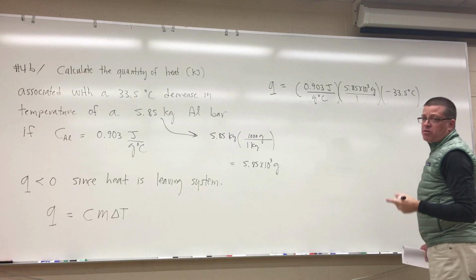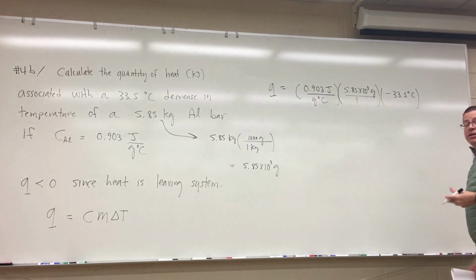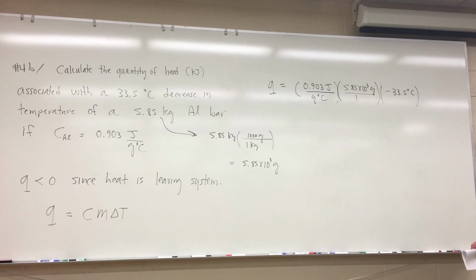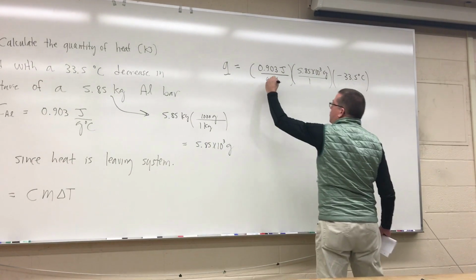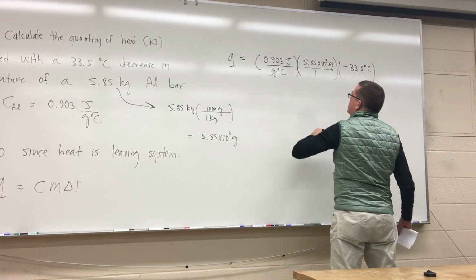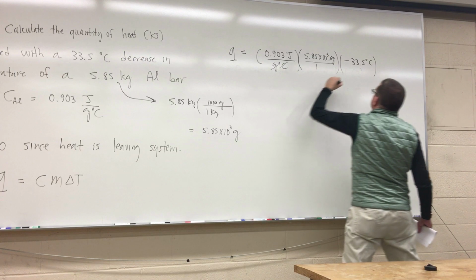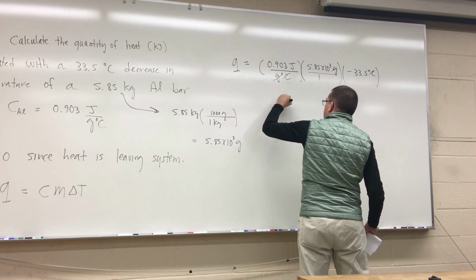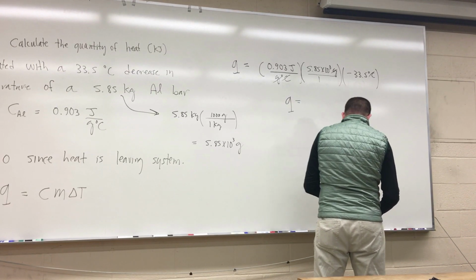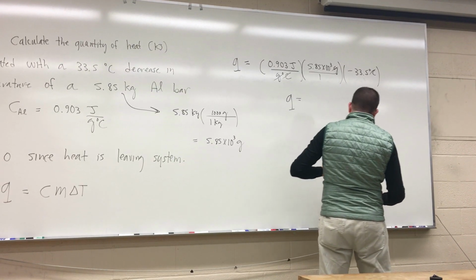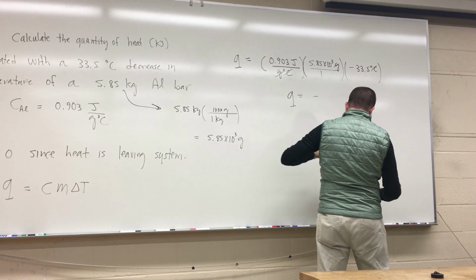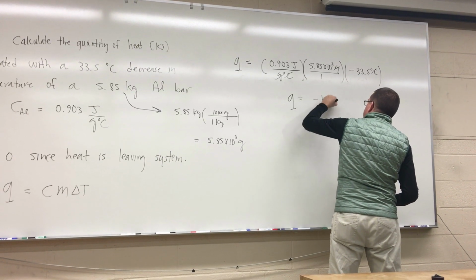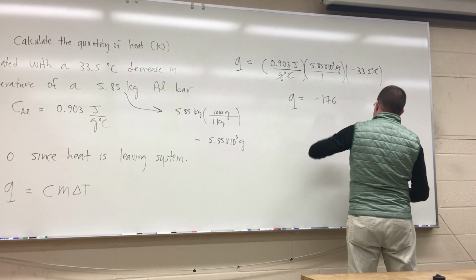Let's check our units and make sure everything works out. If I'm after heat, I should be getting units of joules. Grams cancel top and bottom, and degrees Celsius cancel top and bottom. When I work this out, the calculator tells me I get a Q value of minus 176,965